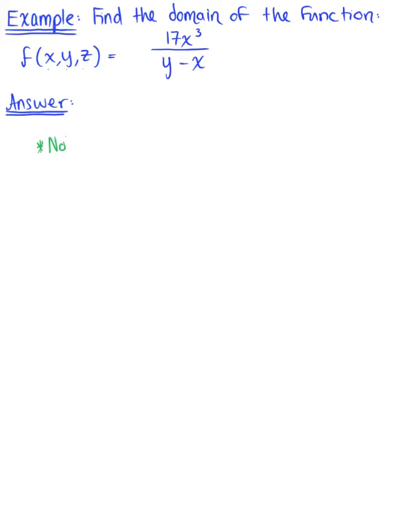So as always, we want to start by noting what makes this rational expression undefined. Well, we know with a rational expression that your denominator cannot be equal to 0. So in other words, we want to be sure to exclude the values of the variables x and y that are going to make this denominator 0. So to find the domain,